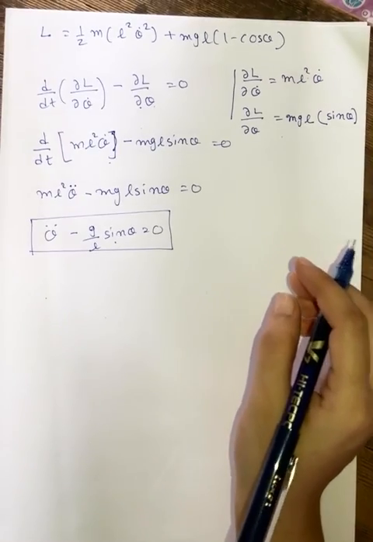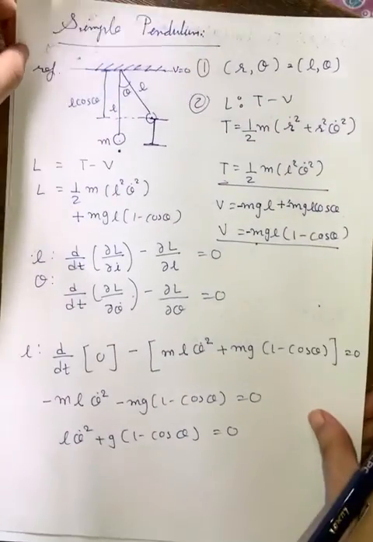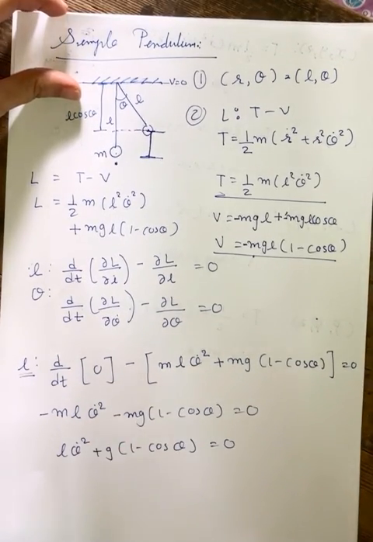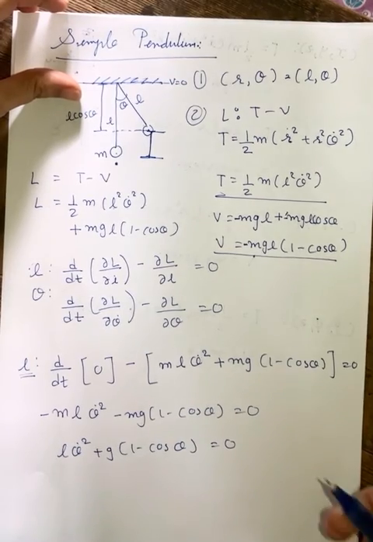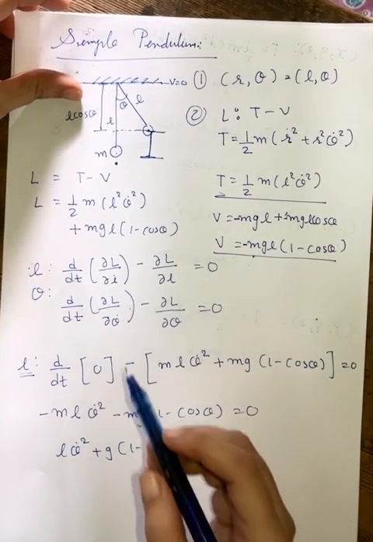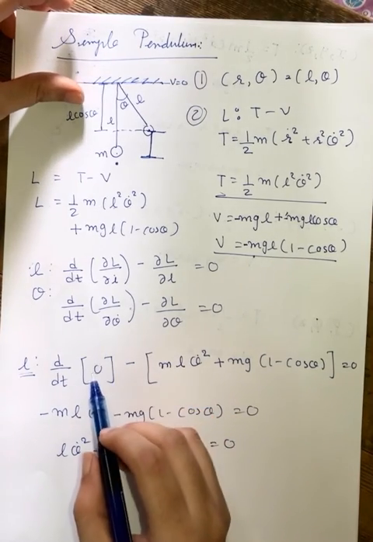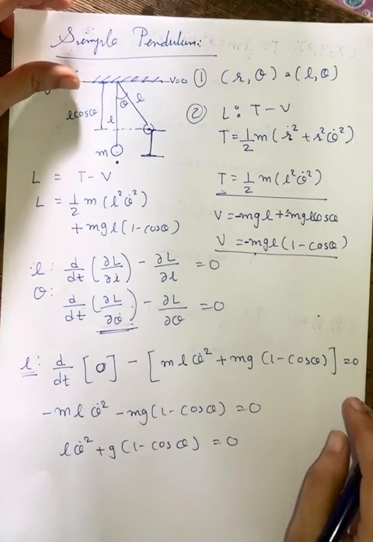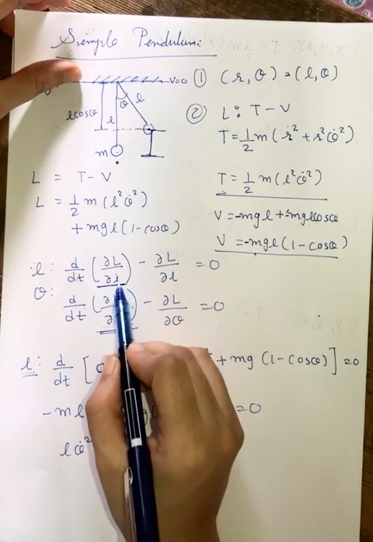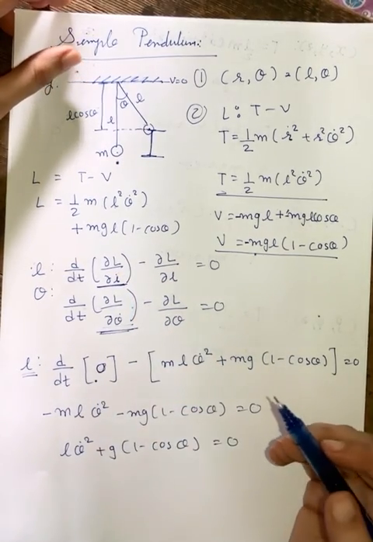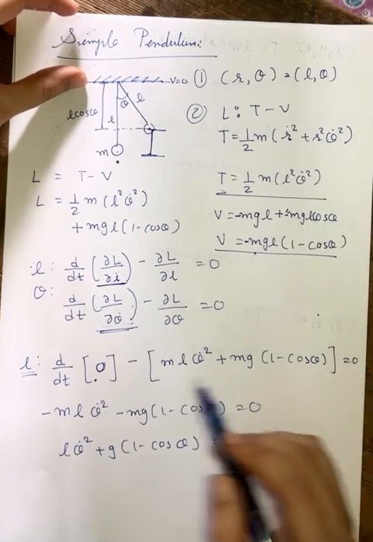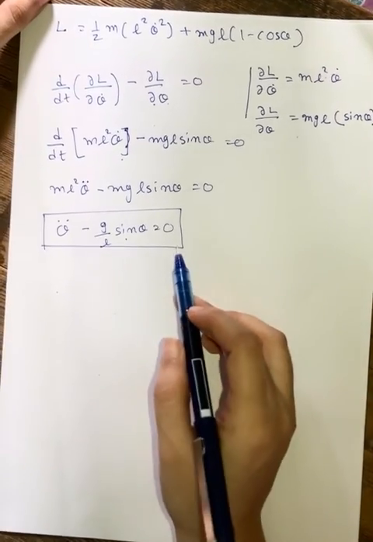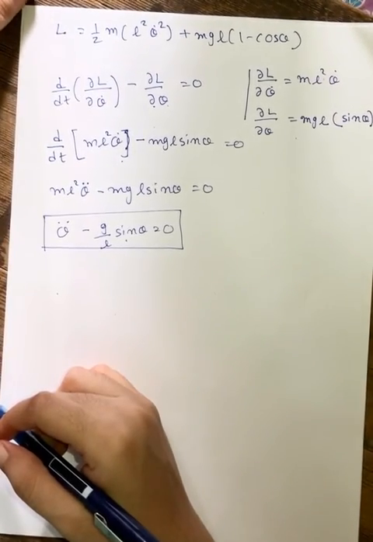Now you see that there is no equation of motion for L, and I'm leaving it to you to think about why I say that, and what is the meaning if we found that this is 0. Can you interpret something from that? Sorry, this term del L by del L dot is 0 here. What does that interpret? We have talked about this. Let us see if we can recall that. That is a little exercise for you to think over, and this is the equation of motion for this particular case, the simple pendulum.